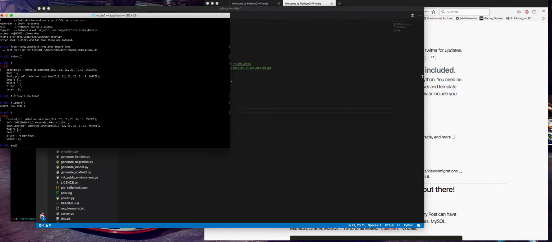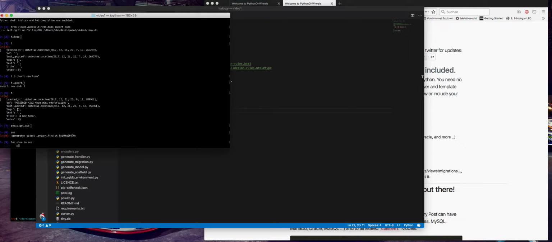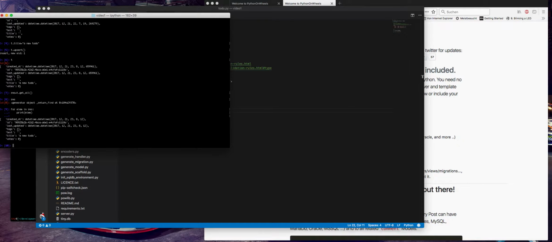So you see, we can do it. What we also can do is we can say res equals to do dot get all, and as you can see, we have a generator object, and we can iterate over it: for elem in res, print elem. And then we have it. Okay, so we quit that,